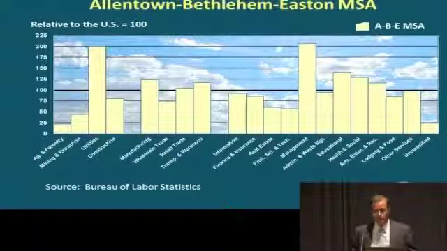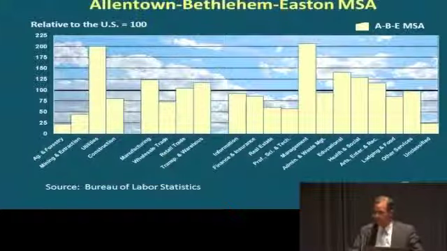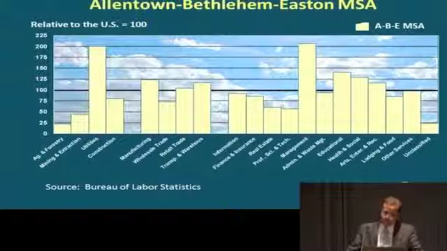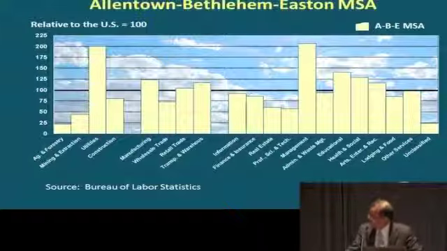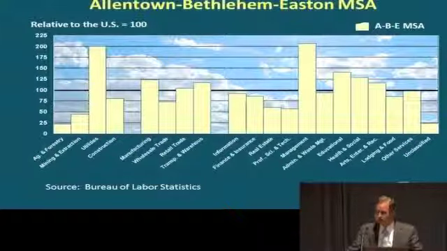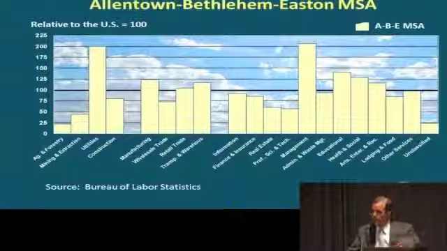The other thing that shows up in management is sometimes it's corporate headquarters. So it might be a manufacturing firm, but it's mostly a corporate headquarters located here, and that can show up in management. But what it does say is that Allentown, Bethlehem, Easton has a bit of an advantage or an unusual dominance there. If you do this chart for Pittsburgh,